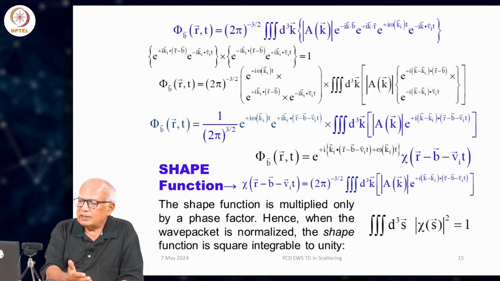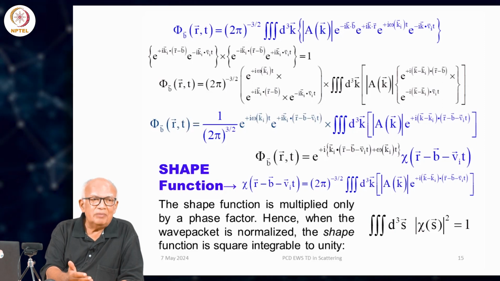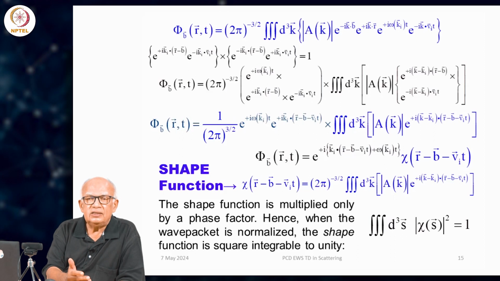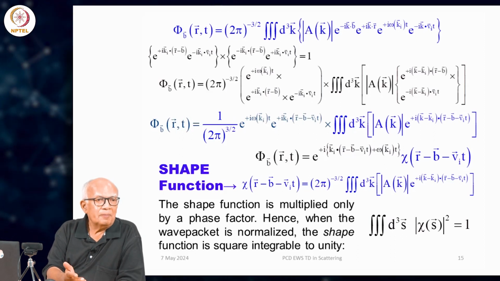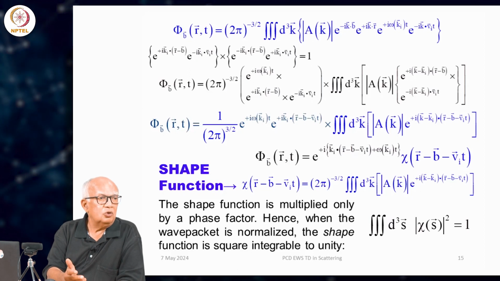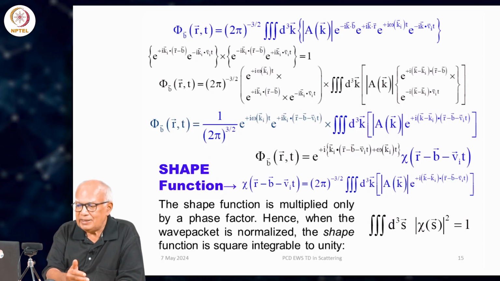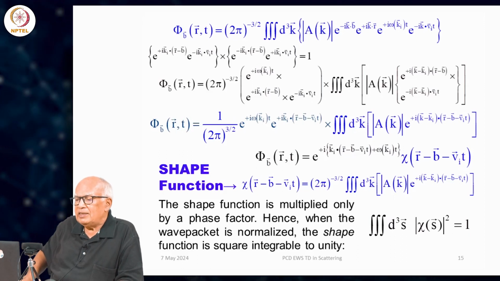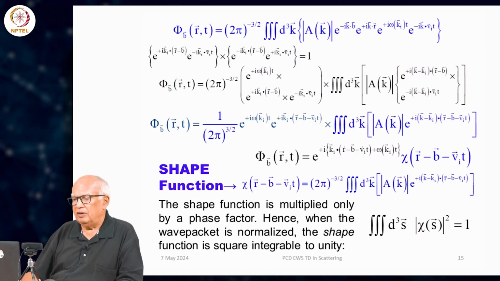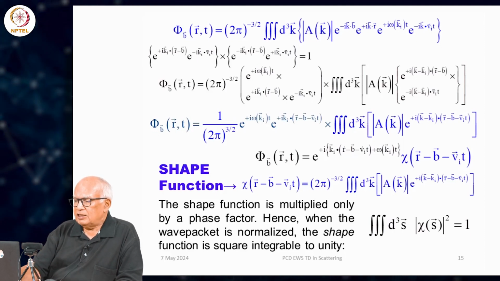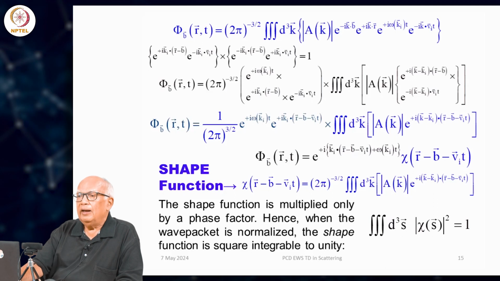So, you will have just an e to the i theta which multiplies e to the minus i theta, which goes to unity. So, it makes no contribution to the overall probability density, and the shape function is normalized and it really determines the shape of the wave packet. So, this is the shape function. It is square integrable,